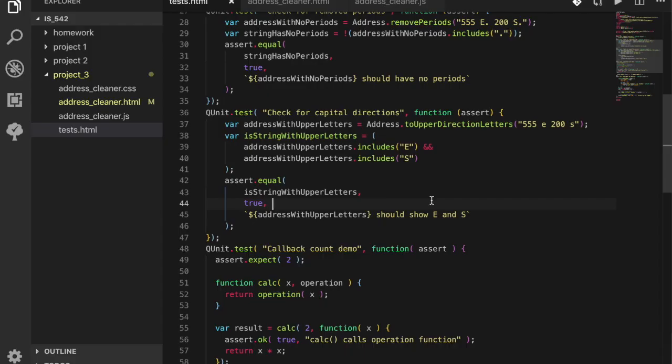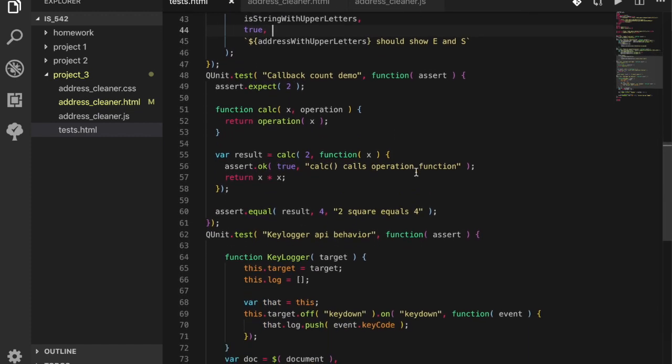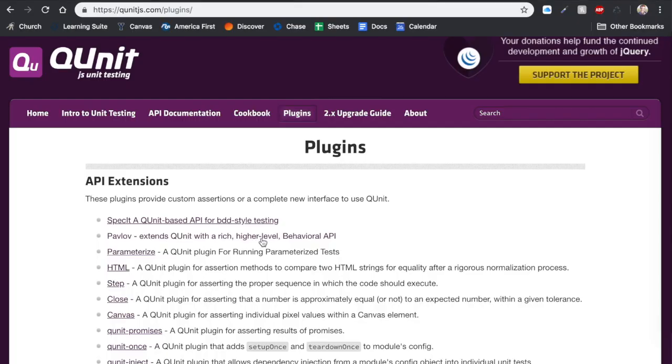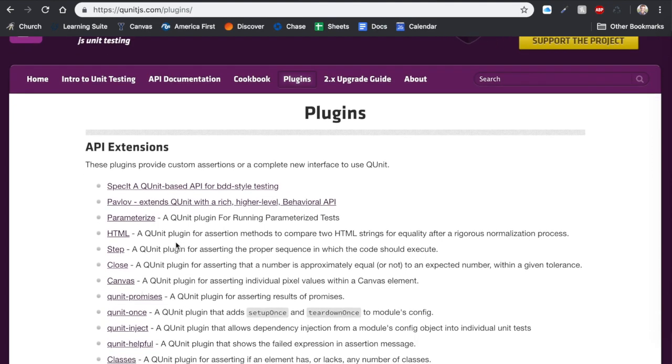So that demo was just to give you a feel for some of the testing framework capabilities that QUnit has. There's a lot of other options and features that come with it. There's ways to check callbacks to make sure that the right amount were called. There are ways to check events and make sure things are triggered properly. So yeah, I would encourage you to take a closer look. It has some great documentation available. There's lots of other cool features like plugins that allow you to work with different things such as promises or canvas or other HTML